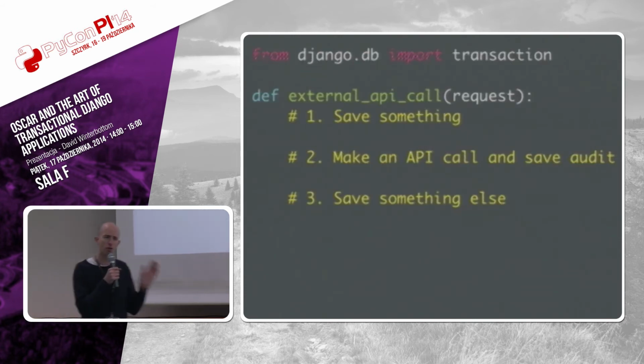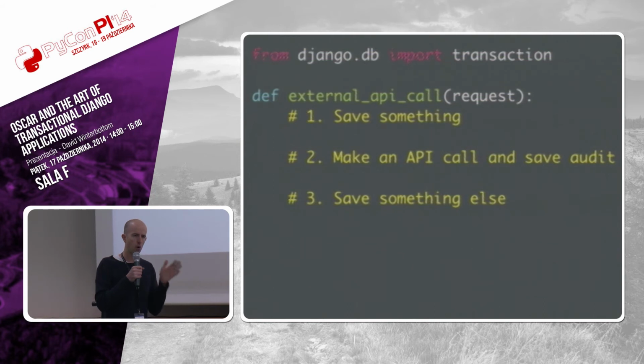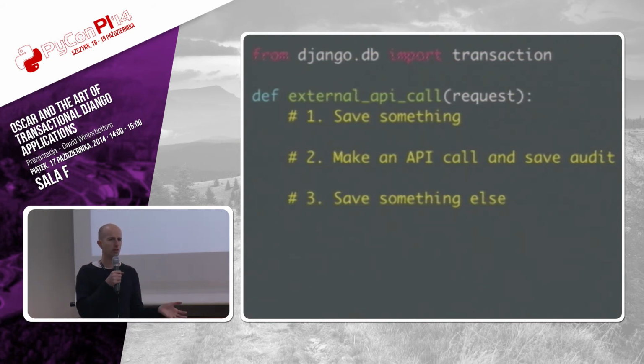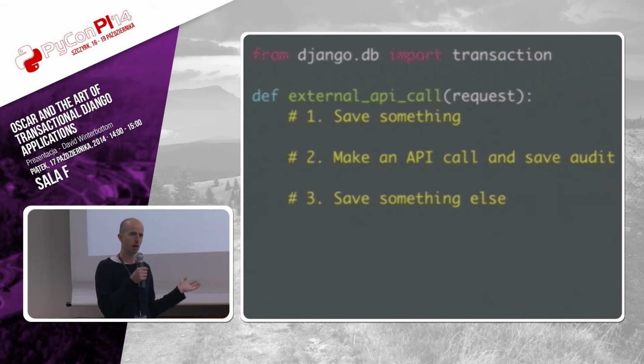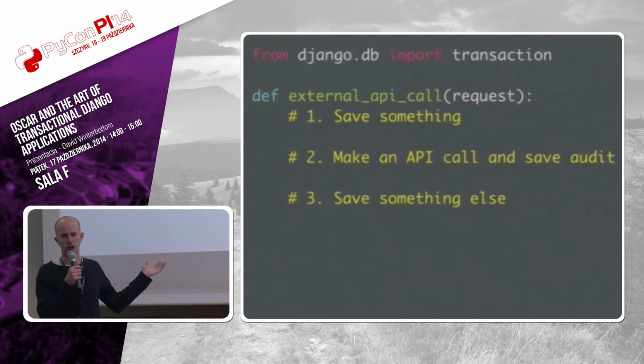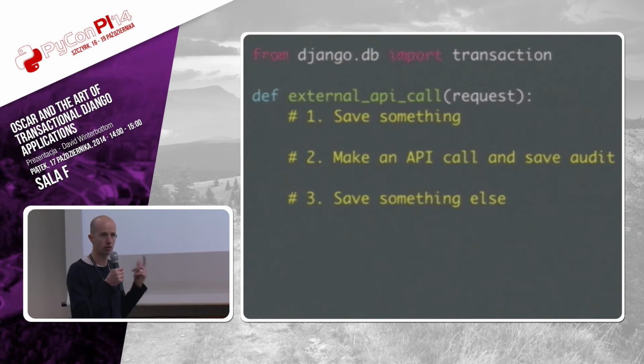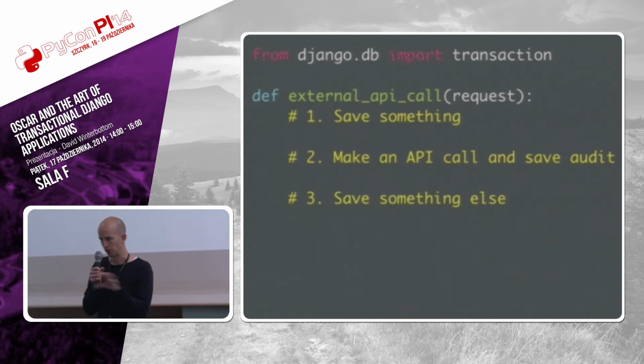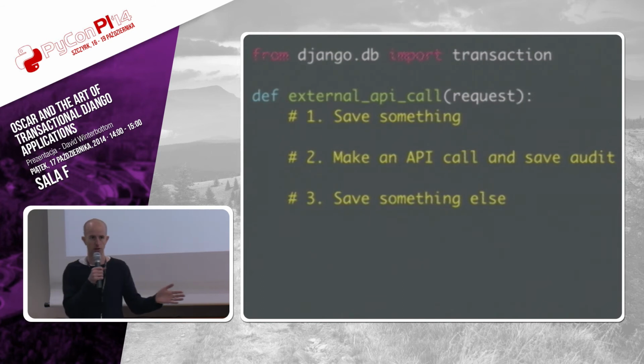But when you're interacting with a third-party service, you always want that audit to be saved, no matter what happens. You don't really want your audit model to be rolled back just because something broke later down the line. So if we look at a simple view like this, which is a bit like Oscar's checkout: when you submit on Oscar's checkout, the first thing it's going to do is freeze your basket, because if you're going to get redirected away to PayPal or something, we need to freeze the basket to stop people manipulating it while you're still on the payment site. Anyway, we do a write to the database, and then we do some kind of third-party API call. And if that's successful, then we'll tell all the order models.